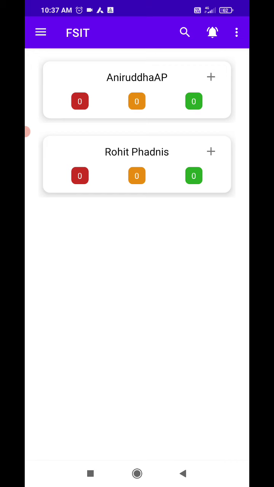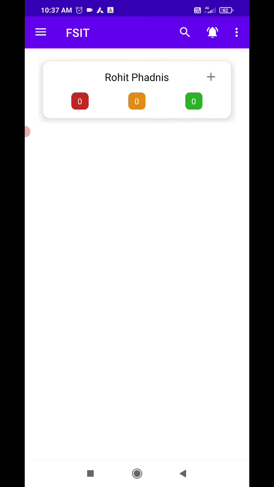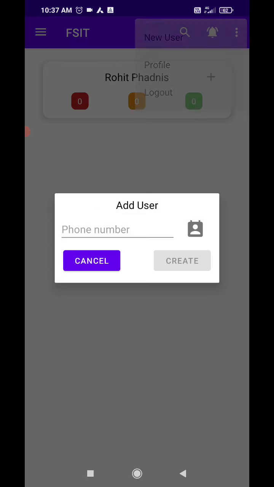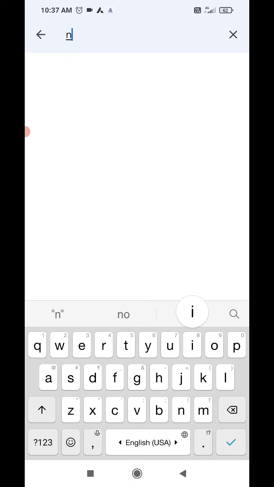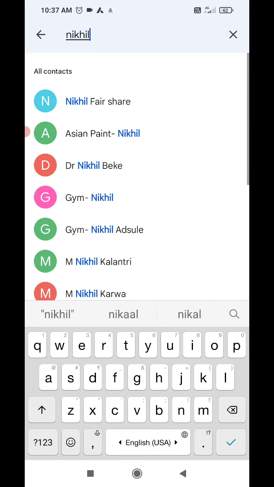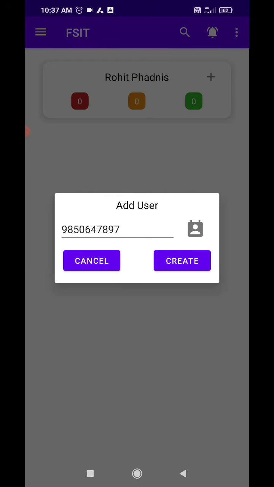Now I can add more people under the management. This is the management level. Top is the president, then there are more managers I can add at this stage. But now I will quickly add staff under Rohit Fadnis. I touch this particular box, and I see Rohit Fadnis's name. I go to the three dot menu again, click on new user, then click on contacts, and search for the staff under Rohit Fadnis. I click here and then create again.